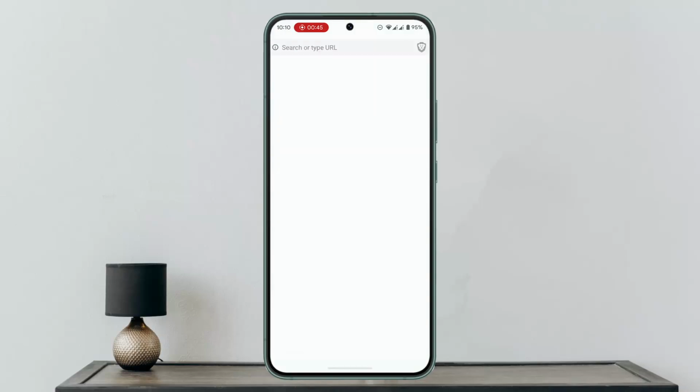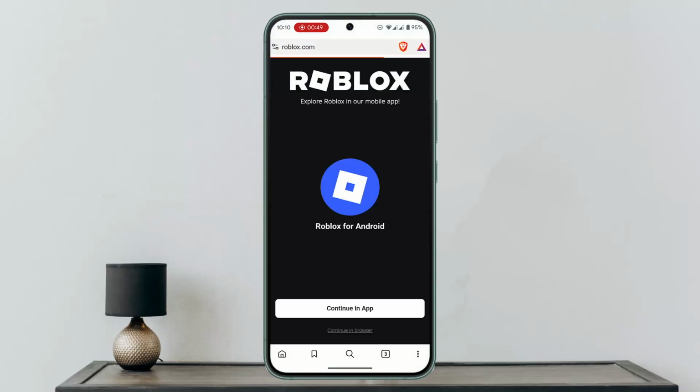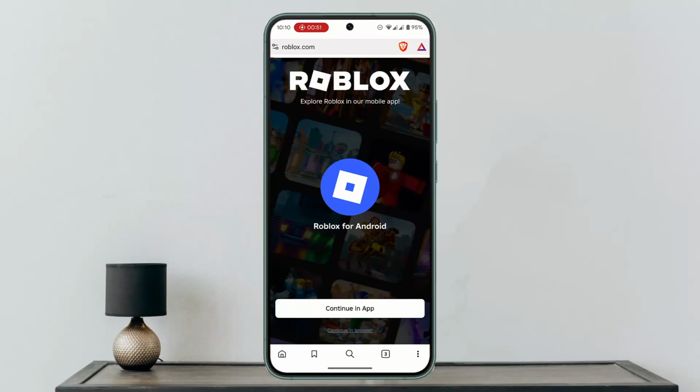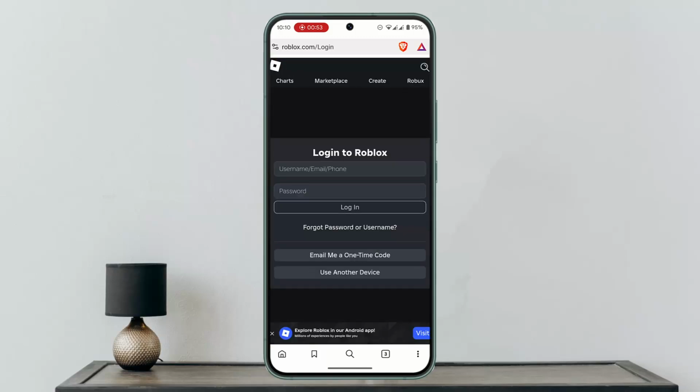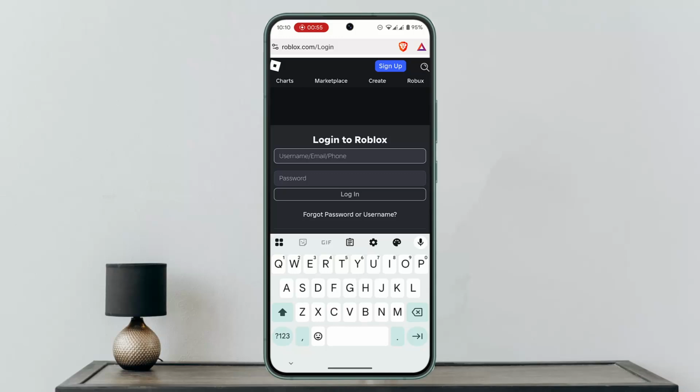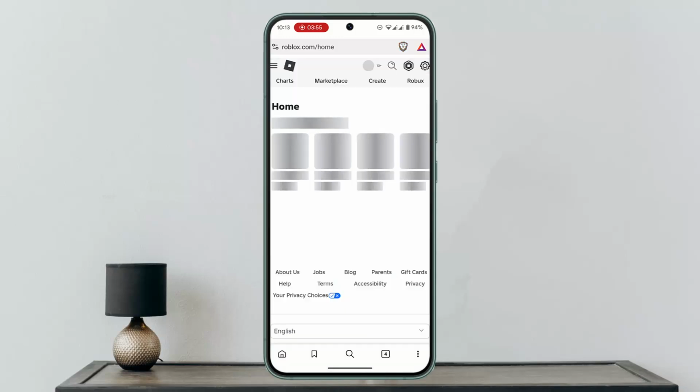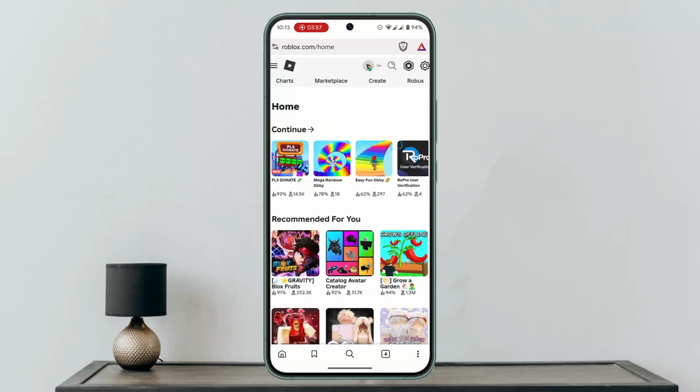and log into your account. So this is going to be roblox.com. Now click on the login button or click on continue in the browser. After which you simply want to go ahead and enter in the credentials. So once you are logged in from the browser version, click on create from the top right hand side corner